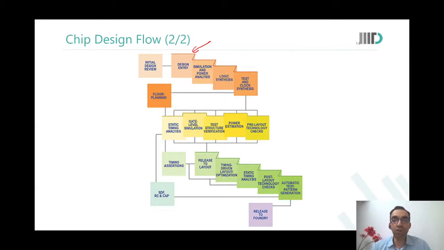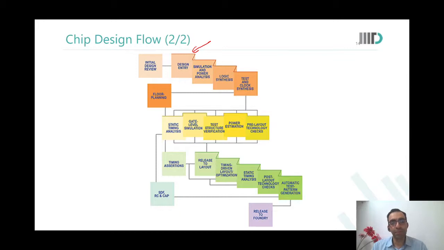Similarly, as we talked about initial functional specification and test specification, we look at test synthesis: how will I make those scan chains? How will I test the entire chip once it is fabricated? So at this early stage, when you're just at the logic synthesis stage or right after that, you start to also do the test synthesis. You start to insert some test features also. Raghav, you have a question?